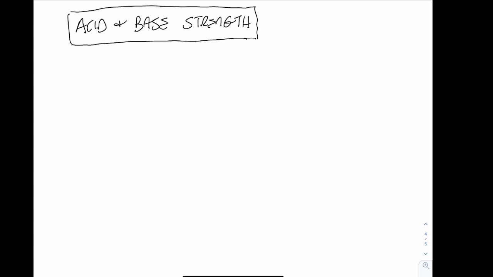Acid-base strength has nothing to do with its corrosive abilities. So you can have something that's called a weak acid that's actually much more corrosive, as far as eating through things, than a strong base is. So when we're referring to acid-base strength, please note we're just referring to the extent at which it dissociates or ionizes. So a strong acid